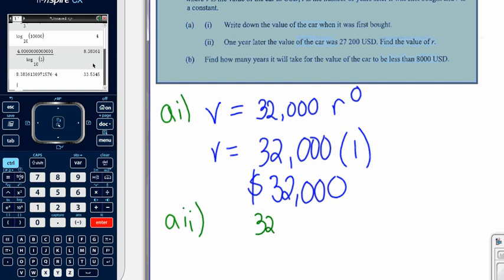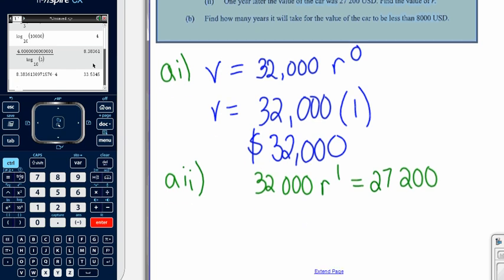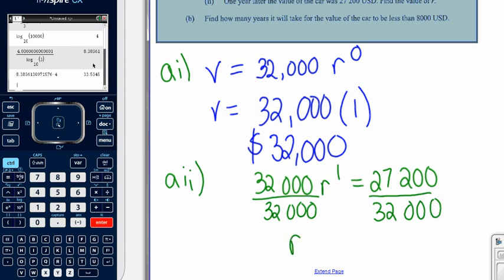So we've got 32,000 times r to the 1 is equal to 27,200. Okay, and we want to find r. So we can simply divide 32,000 to the other side. r to the power of 1, of course, is just r. So we get r equals